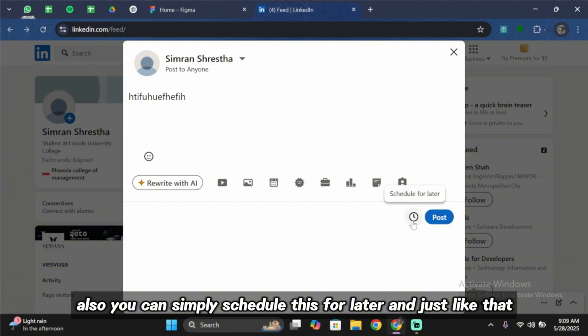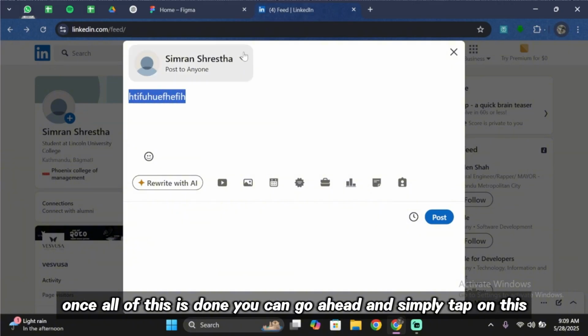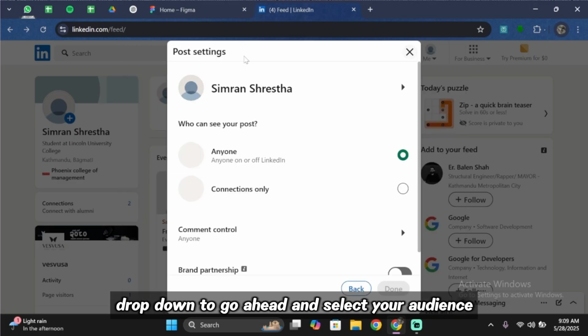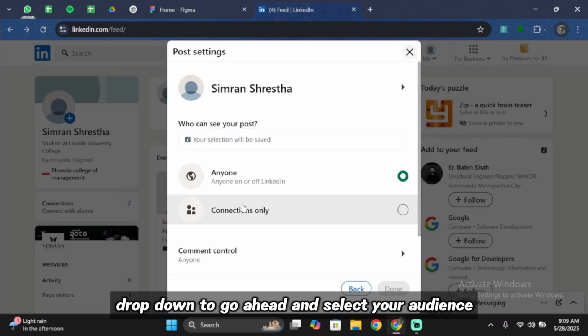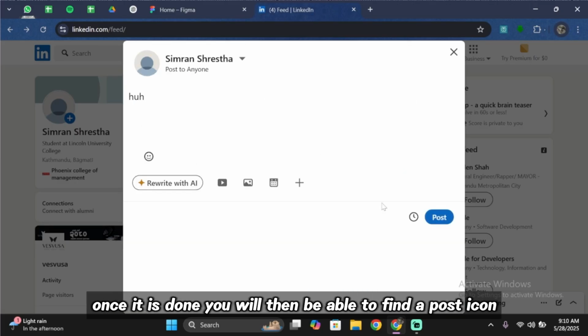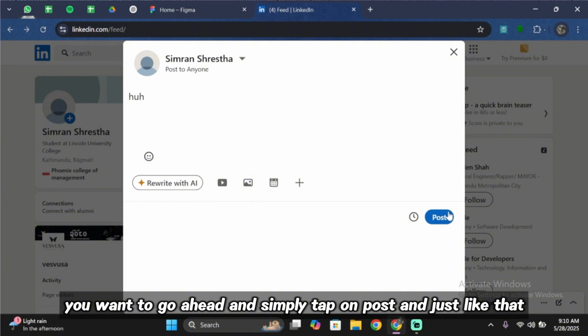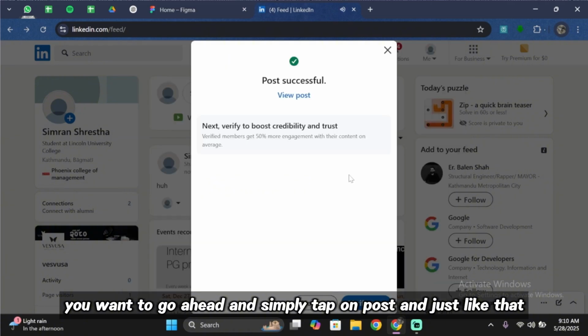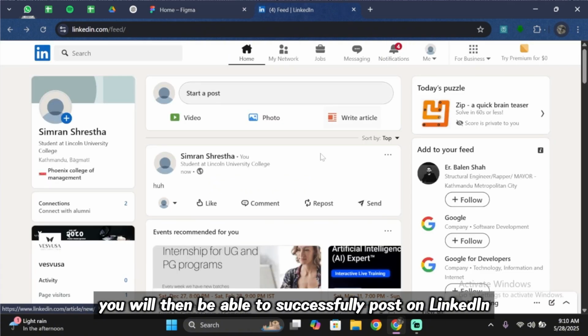Also, you can simply schedule this for later. And just like that, once all of this is done, you can go ahead and simply tap on this drop down to go ahead and select your audience. Once it is done, you'll then be able to find a post icon. You want to go ahead and simply tap on post, and just like that, you'll then be able to successfully post on